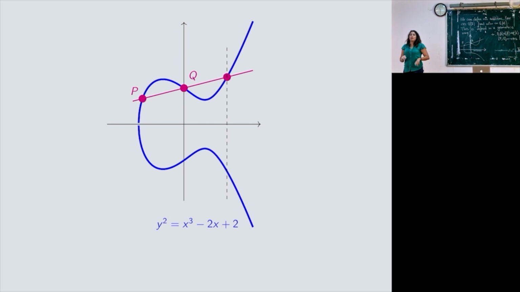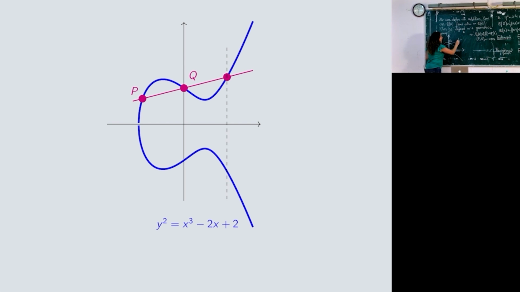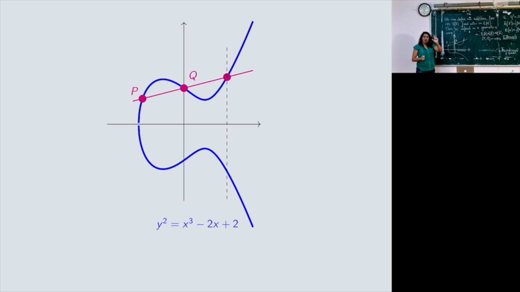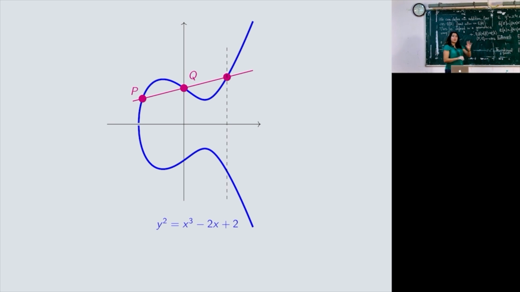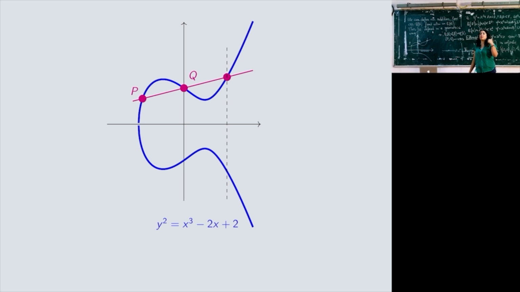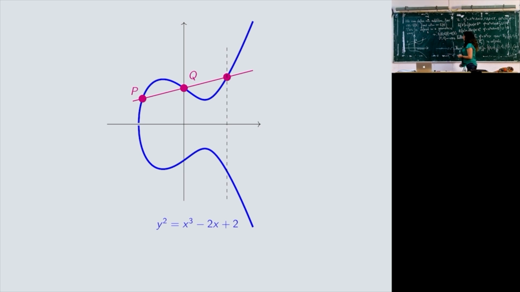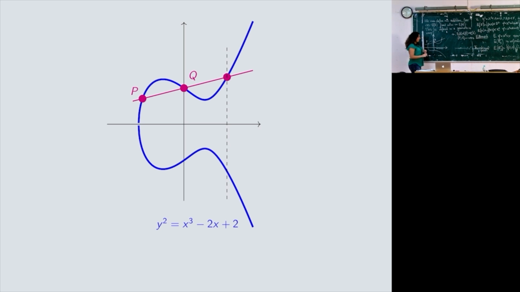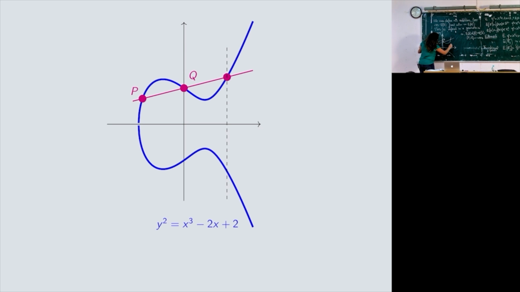Why do we get a third point? Why are we sure that we get a third point? Because this is a cubic, degree 3. When we intersect with a line, we get 3 intersections. This is Bézout theorem. So we get this intersection, but we don't take this as the sum. We actually take the symmetric